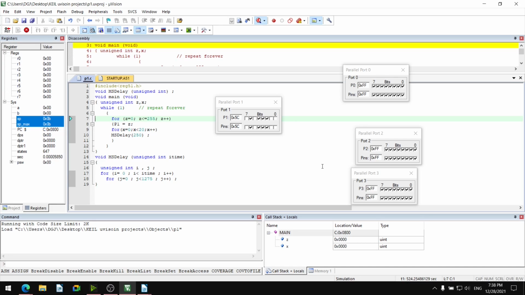So if you observe it, then it starts 60, 61, 62, 63, 64, 65, 66, 67, 68, 69, 6A, 6B, 6C, 6D, 6E, 6F, 70. It will go up to FF and then it will become 00. 7A, 7B, 7C, 7D, 7E, 7F, 80.